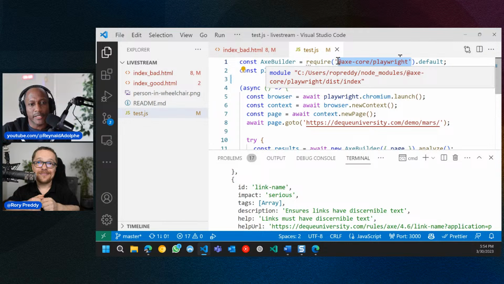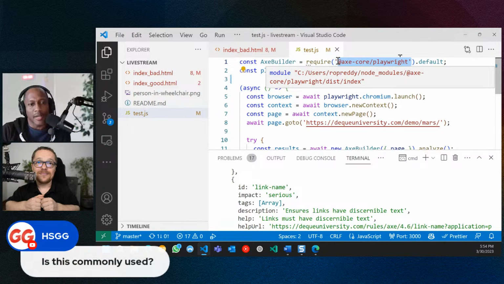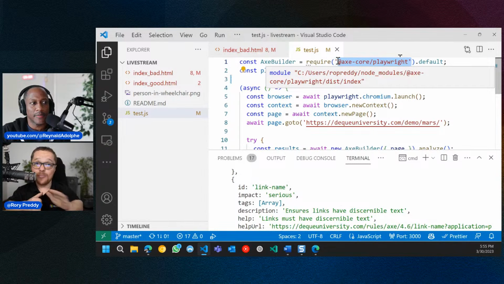HSGG asks, is this commonly used? I'm not sure exactly what he's referring to. I'm assuming that it's the extensions that you just demonstrated to us. How popular are these? Are they fairly new? Have they been around? Deque Labs is the number one rules engine. It's used by, I would say, most linters. So if you go into that other linter, you'll find that they use Deque Labs.